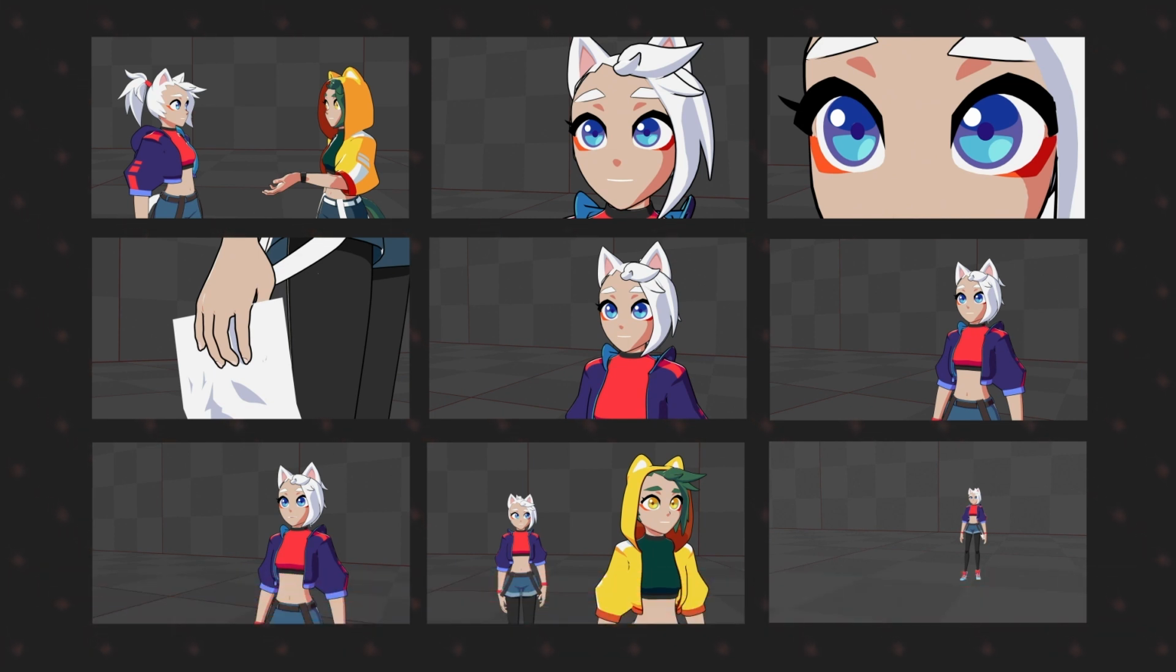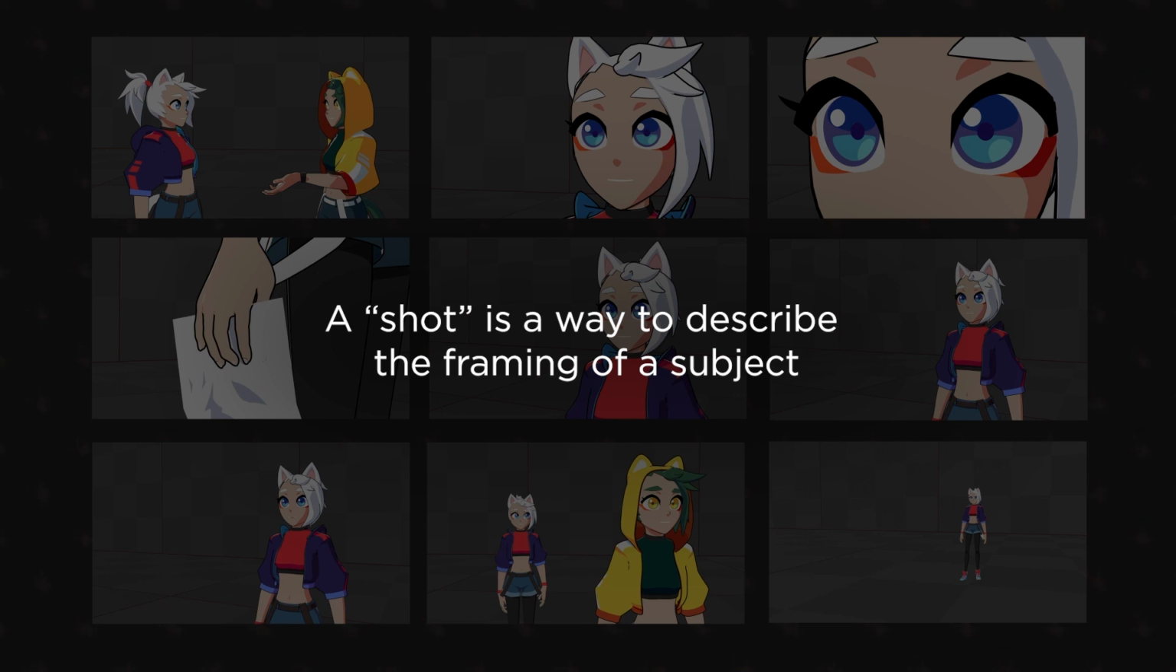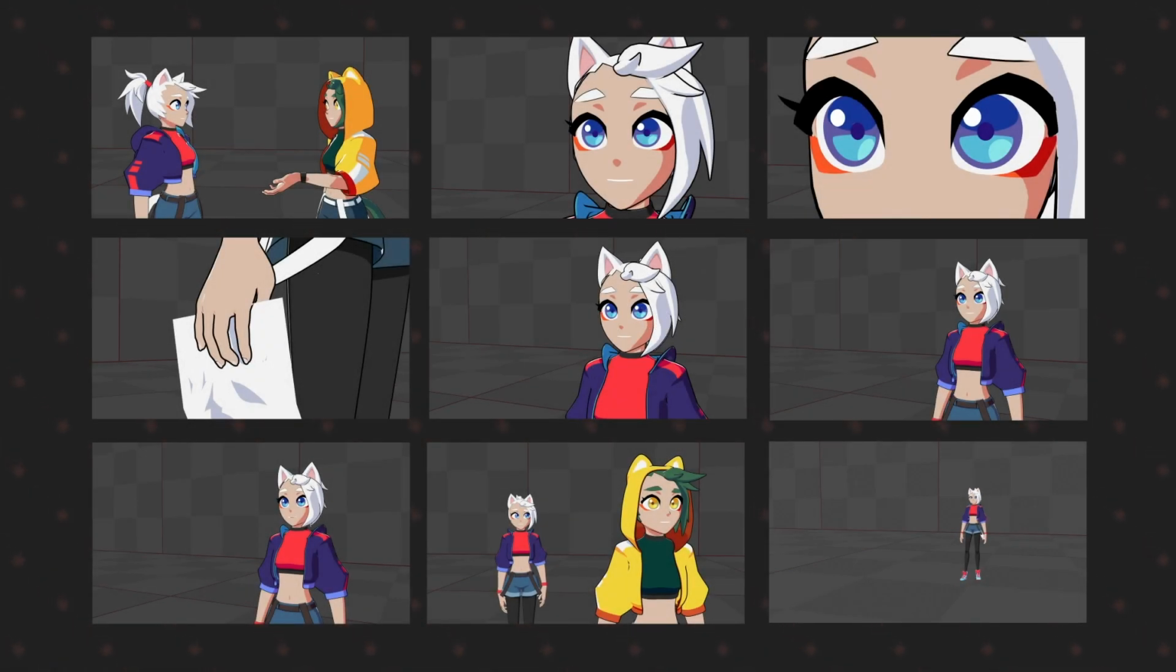There are multiple different types of camera shots that are commonly used, and knowing their names and uses will be useful when it comes to assembling a story in editing. A shot in this context is a way to describe the framing and filming of a subject. In most cases, the subject will be a character, and the shot will define how and where the character is